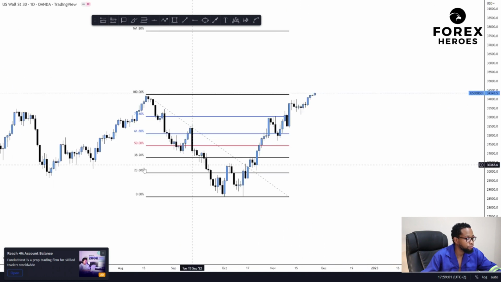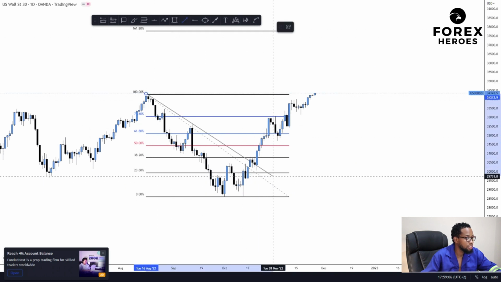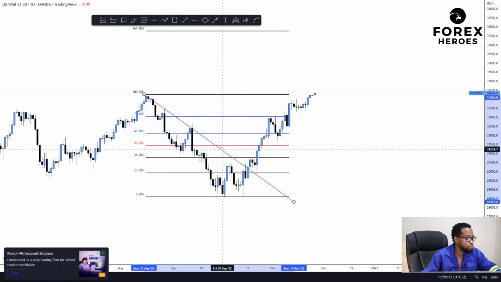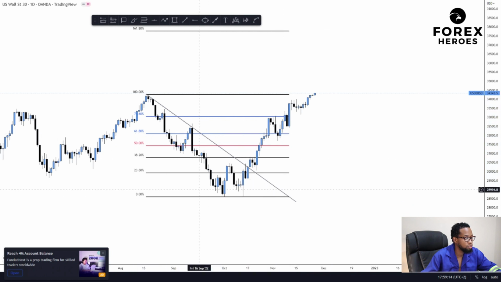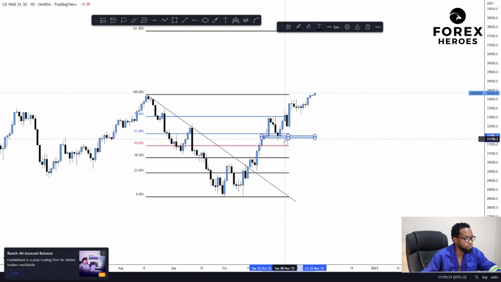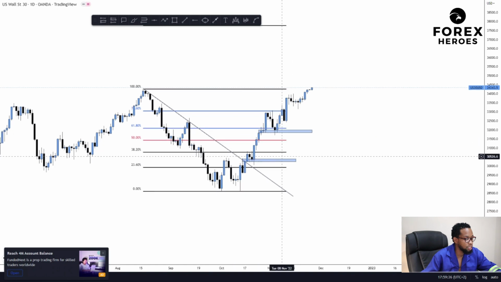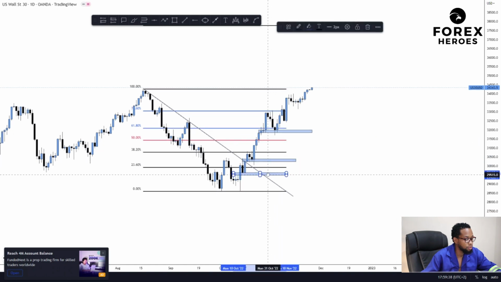You can see with this downtrend that was broken, you can see using this point, if you take it from body to body, using this, you can see that we had a correction here and a support. We had something as well here, and we had something as well here,